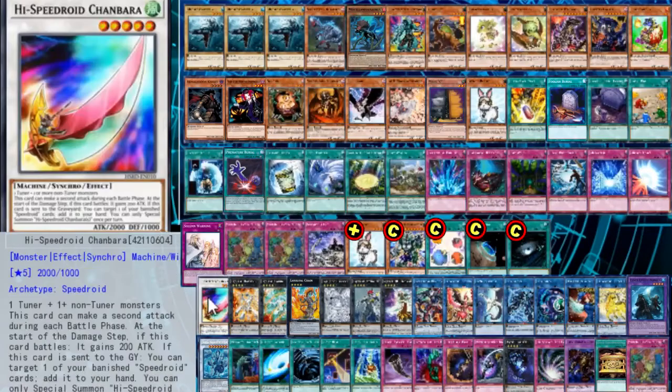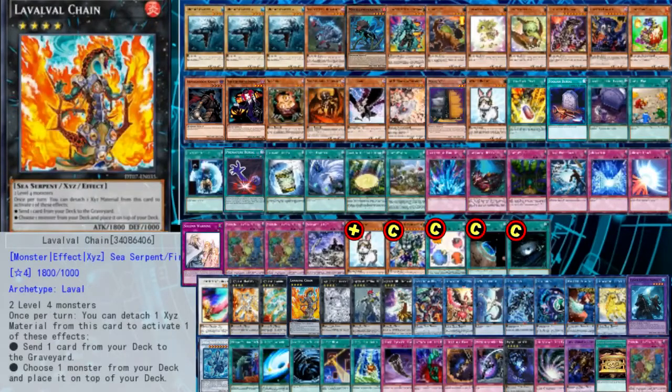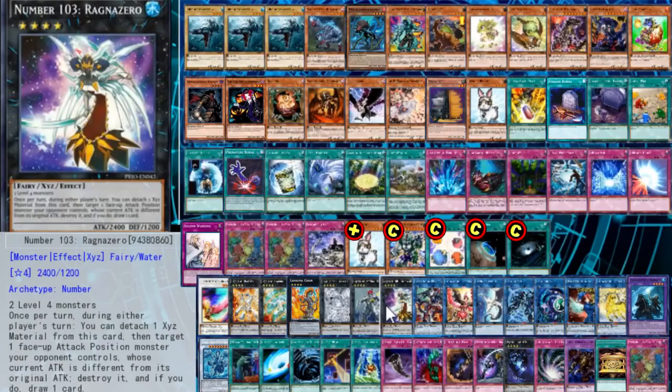Moving on to the extra quick, we've got High Speed Rochanbara for OTKs and for pushing for damage, Elagia and Dolka, which are extremely good games 2 and 3 once you know what the matchup is, Lavalval Chain because it dumps cards, Tornado Dragon because we like detaching our materials very quickly and we don't like back row, Exciton Knight because it's a comeback mechanic,